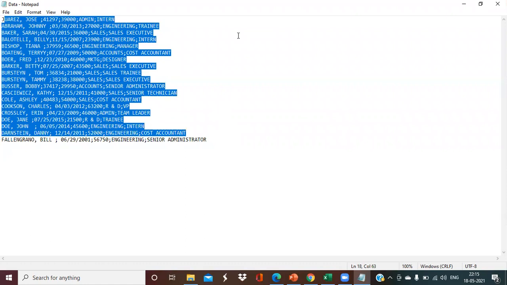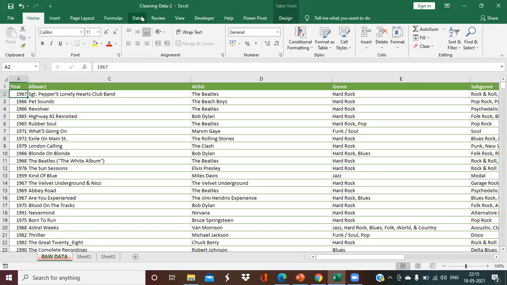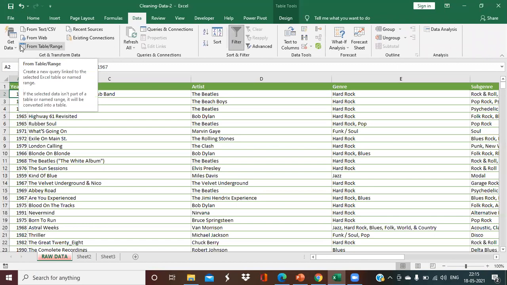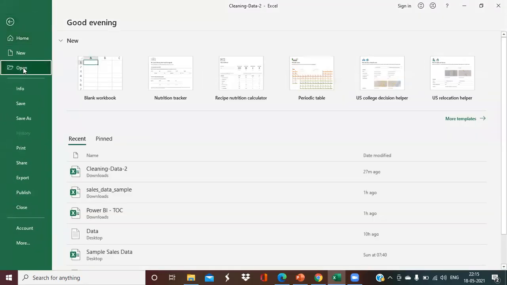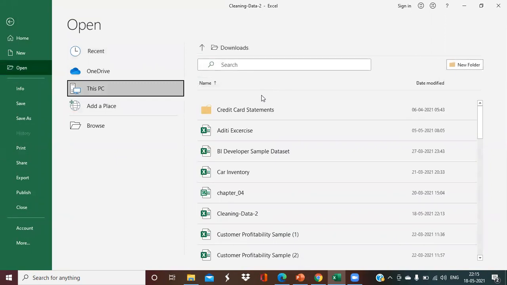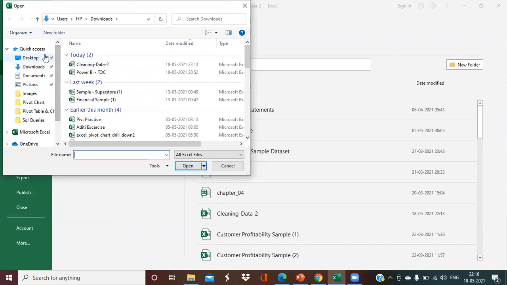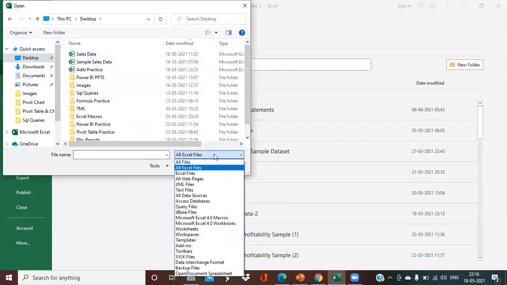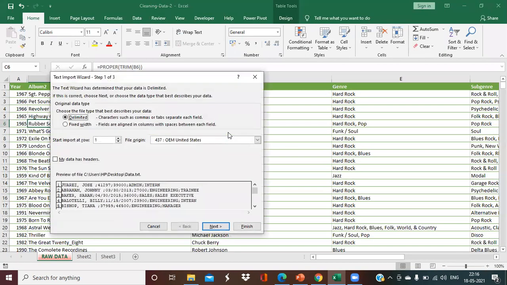If I go back to my Excel and open up this file directly in Excel, if I go to the file menu, we'll talk about importing data from different sources using Power Query in some later section. Right now, what we are doing is directly opening this text file in Excel. If I click on open, and open the file from desktop, the file here is on my desktop. Not an Excel file. We are looking for a text data file. Yes, this file. If we open up this file, let's understand this wizard, what it is exactly asking us.